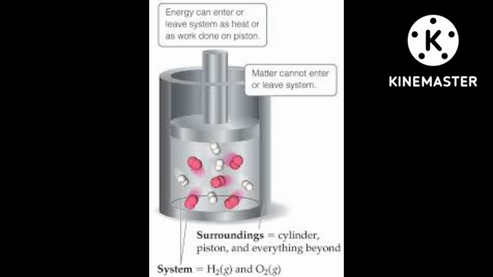The second relation I also discussed for isothermal reversible change, that is Q is equal to minus W, and because it is reversible, minus W is equal to nRT ln V final divided by V initial. And the third relation I discussed for adiabatic change, when Q is equal to 0, then